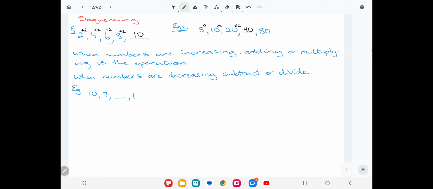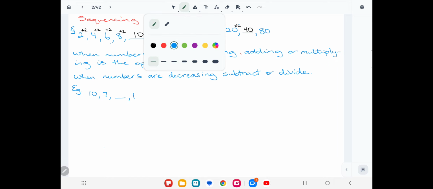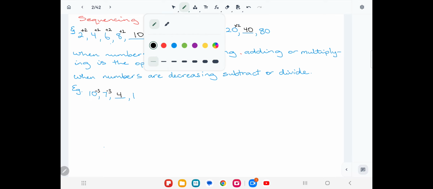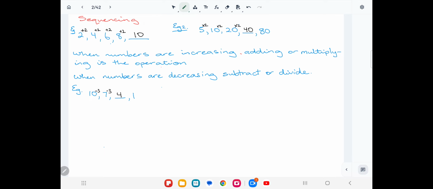So the pattern between 10 to 7, to move from 10 to 7, we could have easily taken away 3. So 10 take away 3 is 7. 7 take away 3 is 4. 4 take away 3 is 1. So the pattern there was subtracting 3. Our next example, we can have